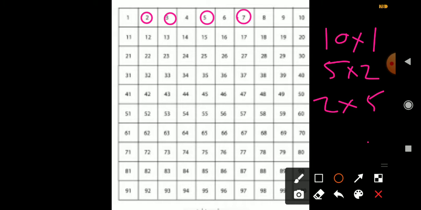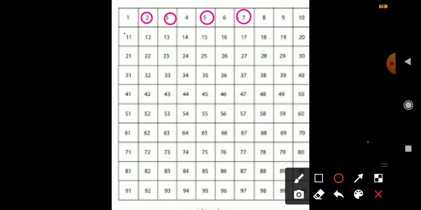Okay, so here I am going to show you the numbers till 20. 11 is present in 11's table only. 12 is a composite number: 6 2s are 12, 2 6s are 12, 12 1s are 12, 4 3s are 12, 3 4s are 12. So it is a composite.